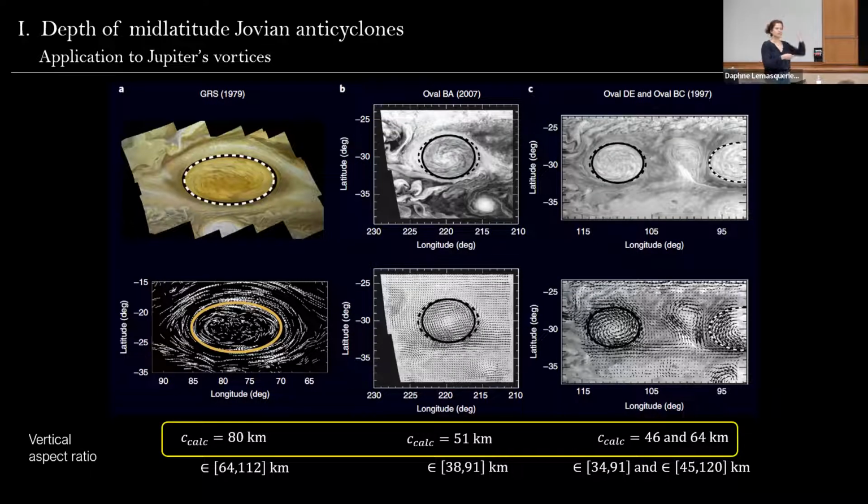Then, most interestingly, we want to know what this model predicts in the vertical, because we don't have that kind of measurements in the vertical direction. And so if you apply our model, again, this requires estimates of stratification and so on, we find that the Great Red Spot would have a total depth of about 160 kilometers and about 100 kilometers deep for the other ovals, whereas they are thousands of kilometers wide. So it means that they're really lenticular vortices, really shallow structures, just like the Meddies in the